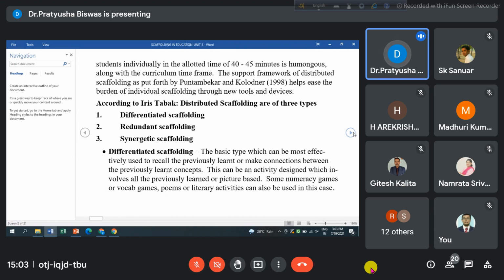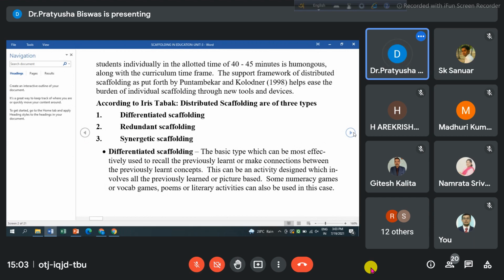So you need to identify your learners who actually require the scaffolding. And then when you identify that age group or that genre, you can very easily distribute the scaffolding technique to them. We would also be discussing how we will be doing the scaffolding technique based on three types that I'll discuss further.